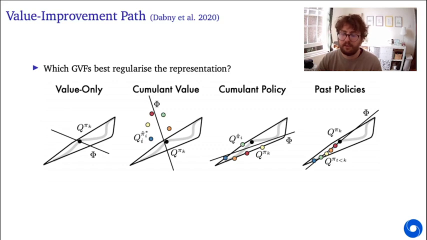Again, also in this case, there is actually no strong reason to believe that regularization will be especially well aligned to induce representation that support values along the value improvement path. But it does still at least seem to work empirically for certain choices of cumulants. So for instance, we saw that the pixel control cumulants in the Unreal agents helped a lot, and these actually correspond exactly to this second plot. But it's good to realize that there is no strong guarantee,